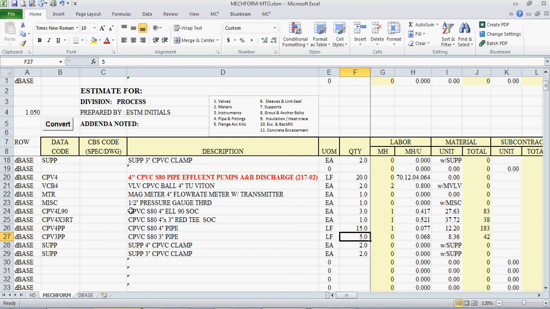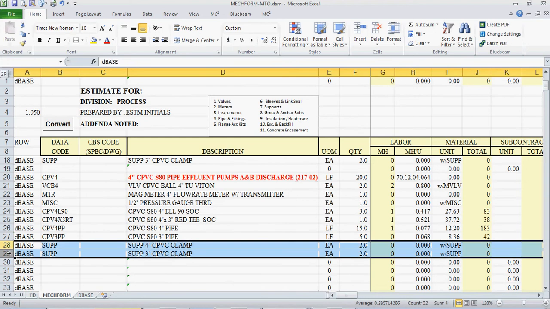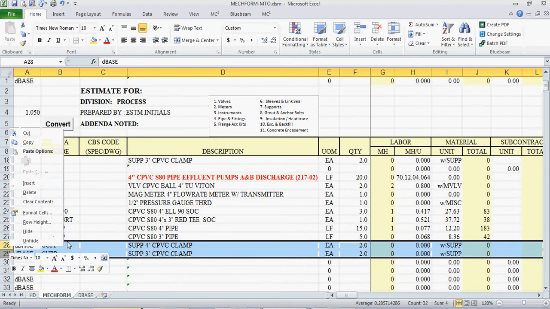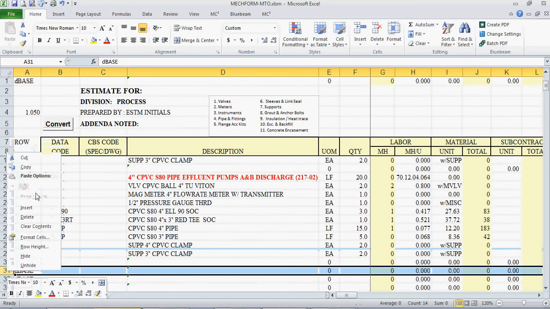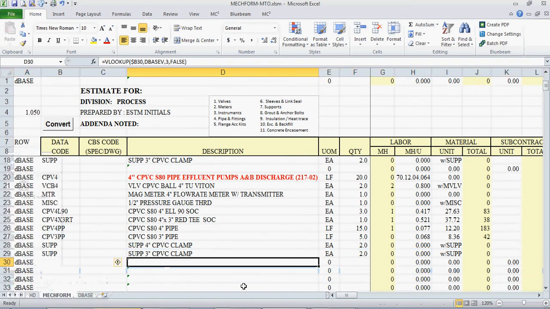Even if it's not that similar, but you've got 5 things in a row that are similar, like similar supports or whatever, you can just copy and paste. Just drag across the rows that you want. Right click, copy, and then whatever line you click on to paste, it'll paste it above that line. So now we've got